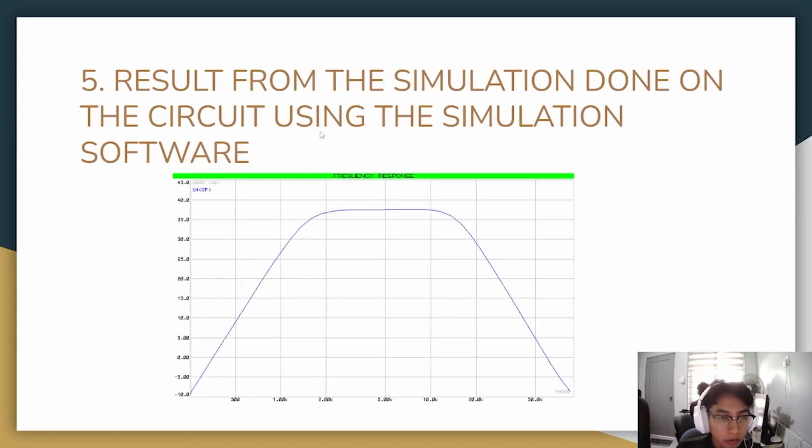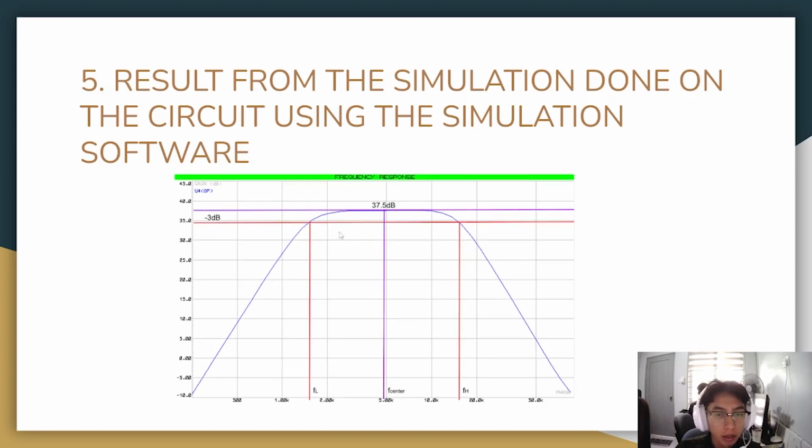So for number 5, this is the result from the simulation done on the circuit using the simulation software. From the circuit that we created using Proteus, we obtain the frequency response graph, and this is what it looks like. The mid gain from the simulation is 37.5 dB. To convert to unitless, we got around 75, and this is close to the theoretical